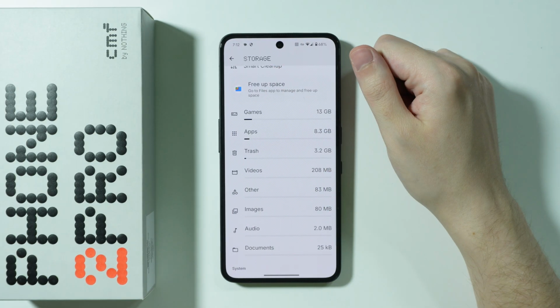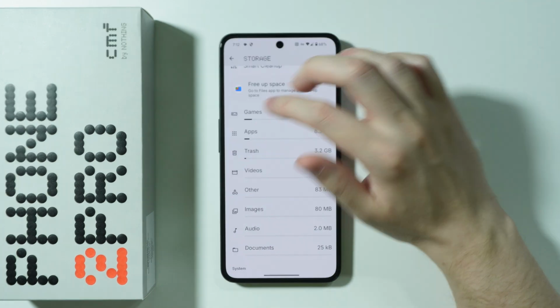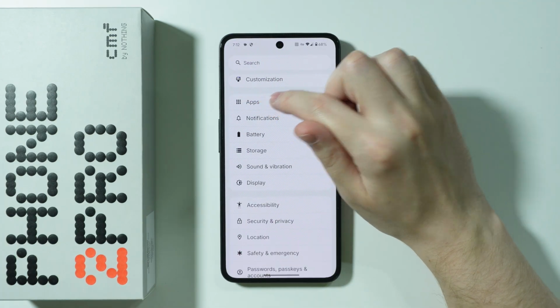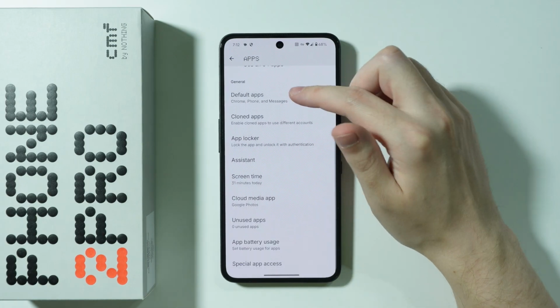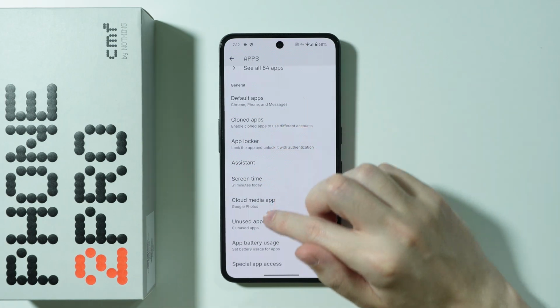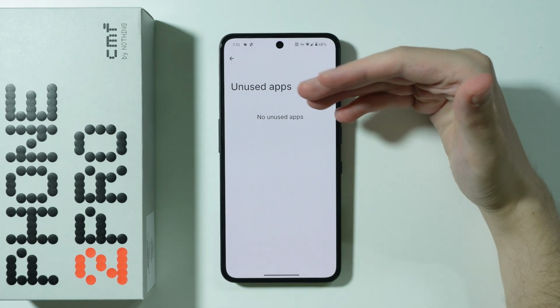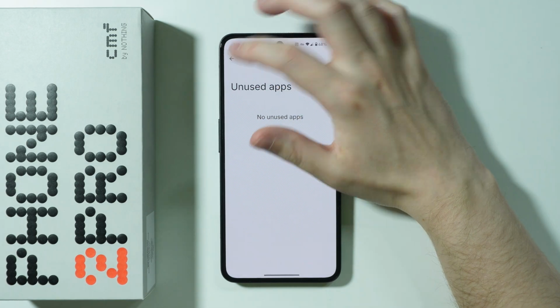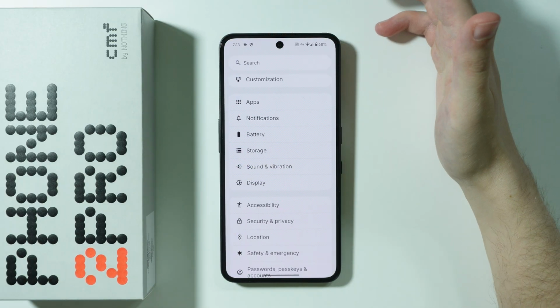There is no automation that could suggest what could be removed, except for, I think, the unused apps. So if you go into apps setting in the settings of your phone, then you should be able to find unused apps, and after some time, if you don't use a certain app, then it might be listed over here. So then you have the idea of what you can potentially remove. But that is